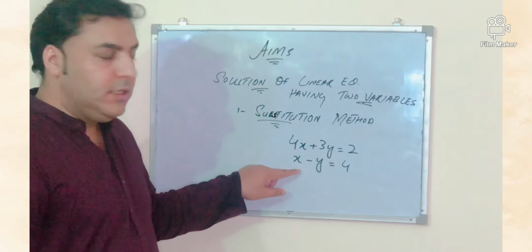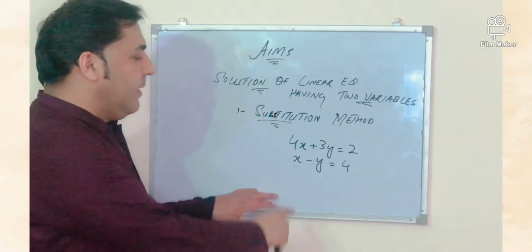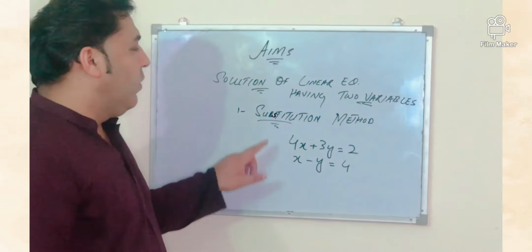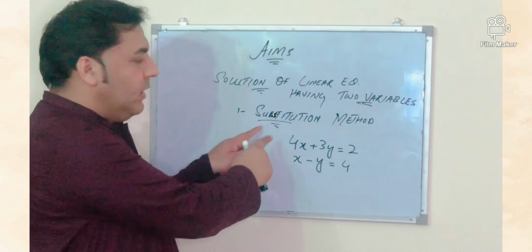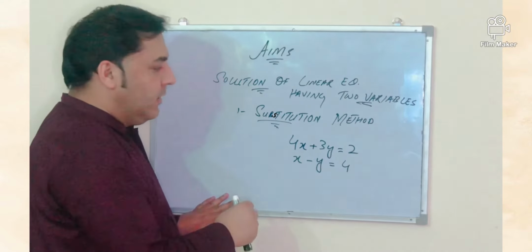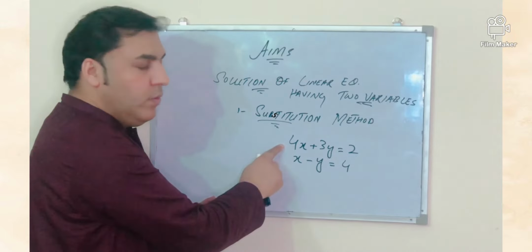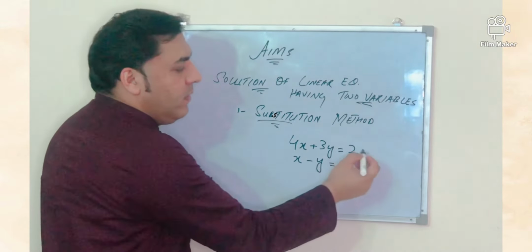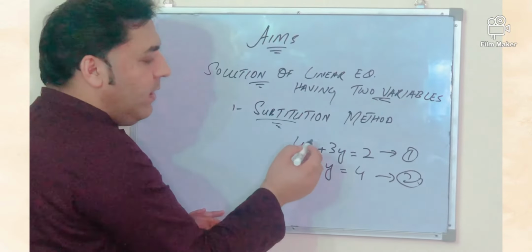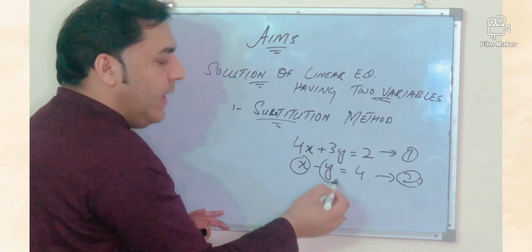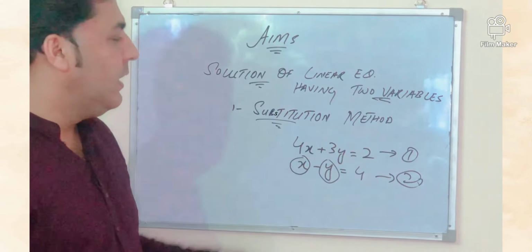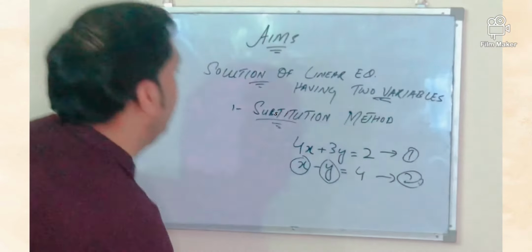What kind of equations are these? These are linear equations in 2 variables. x and y, 2 variables are involved. We will look at substitution method. So what we understand by substitute, like in football match, one player goes out, another replaces, we say he is the substitute. Same we will do with the equations. There are 2 equations, we will take any equation. We will take one variable, either x or y. Then we will substitute its value back into the other equation. I will explain you stepwise.